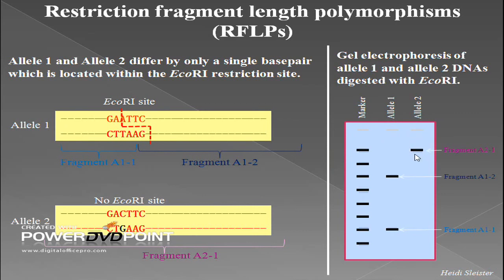Now this RFLP profile of the suspect strawberry DNA will be compared with the RFLP profile of the garden DNA, which, say, you have kept in your library. So you will match them, and if it matches that of the garden strawberry, you can say that this strawberry is from your garden.